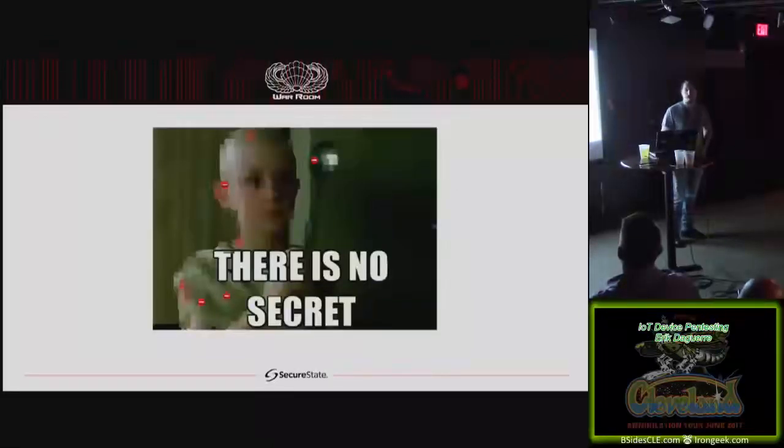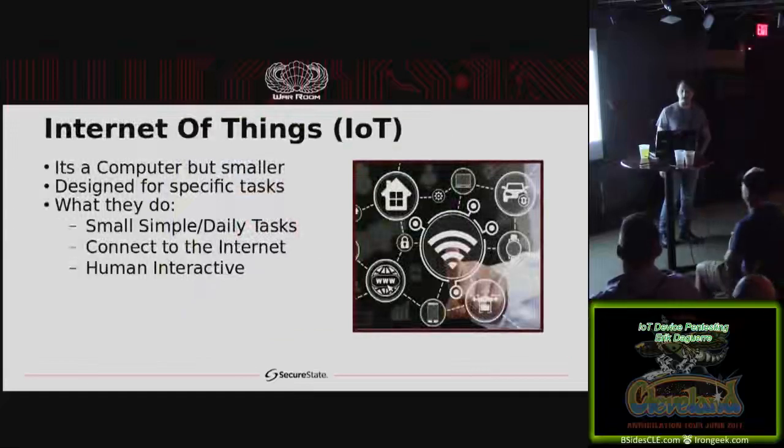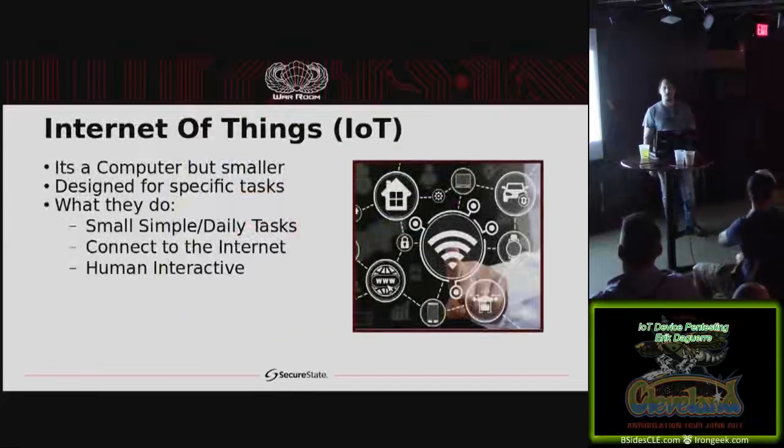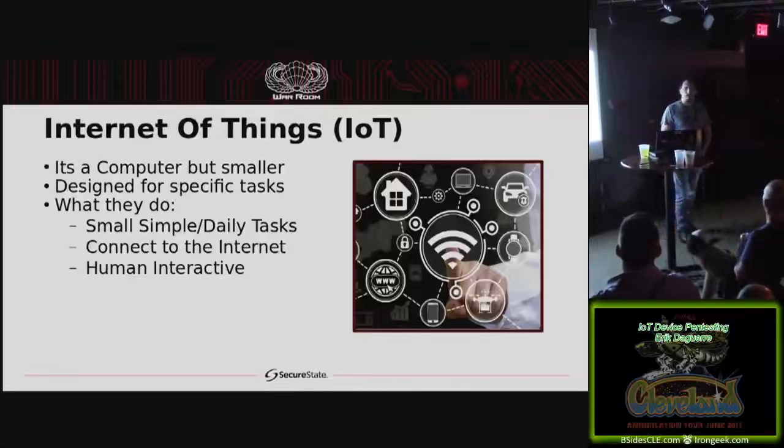So the big secret when it comes to IoT devices is it's no secret. So Internet of Things, what is it? It's actually a computer. Realistically, when you break it down, most of them have a really small ARM processor. They have a little bit of memory, RAM, and they do things repetitively. They're designed to make your daily life better in one way, fashion, or form or another. I don't know, sneakers that talk to the internet, I'm still trying to figure out what that's good for. But anyways,